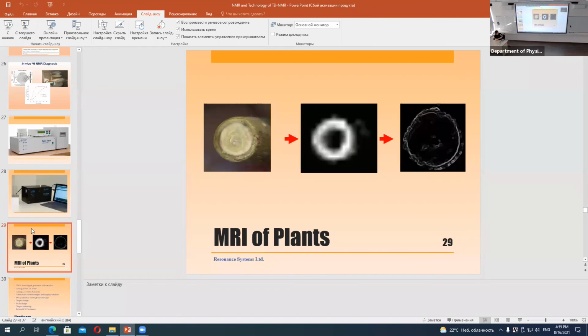We don't see wood inside, we don't see the cover, but it was just cut from the tree, and you detect the water here, and then when you do more precise investigation, you get more. This is done with, I guess, 17 megahertz. This is below 0.5 Tesla. So this is really possible, but there are so many applications,